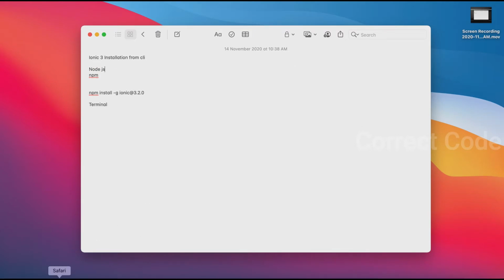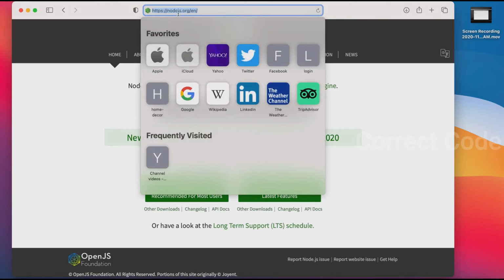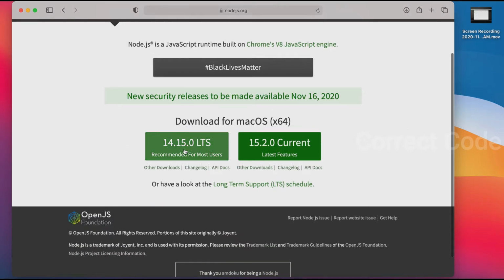For that, we need to open the Node.js website, nodejs.org, guys. Once you go here you can see download for Mac OS. As my operating system is Mac, it's automatically detected and gave me the download links for the Mac version. If you open it in Windows, it will directly give you the Windows links.